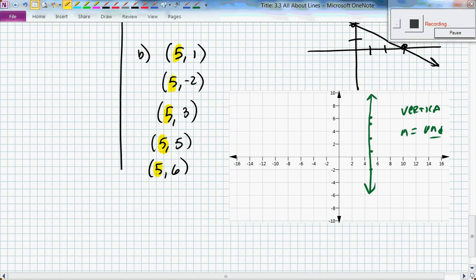Okay, last tidbit of information. What is the equation for that line right there? Y equals 4. How about this one? Y equals negative 8. How about this one? X equals negative 10. Good. How about